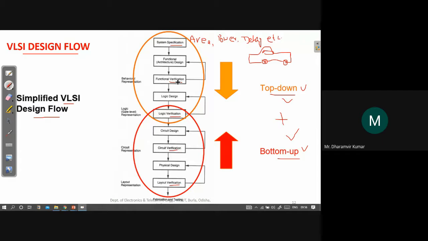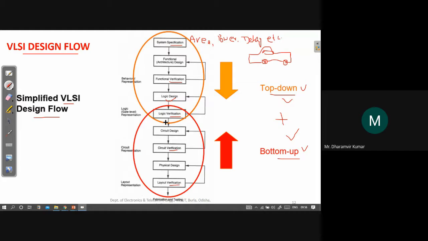You will give some input signals and it will produce some output signals, and then you will observe that output signal accordingly, and you will match it with the truth table to see whether that particular circuit is working properly or not. So this is called verification, and we will see some more about it later. And then after architectural design we come to the logic design, and then logic verification, that is, what logic it is performing.